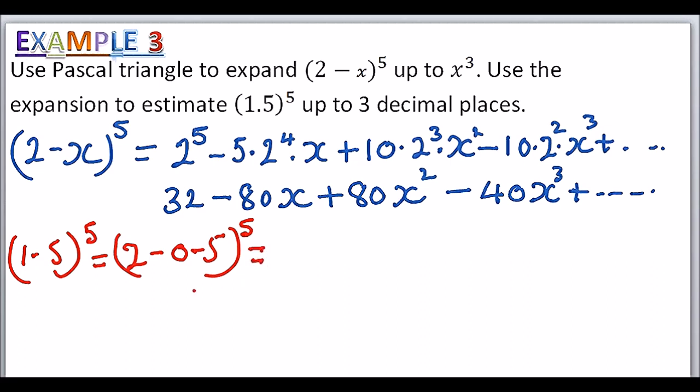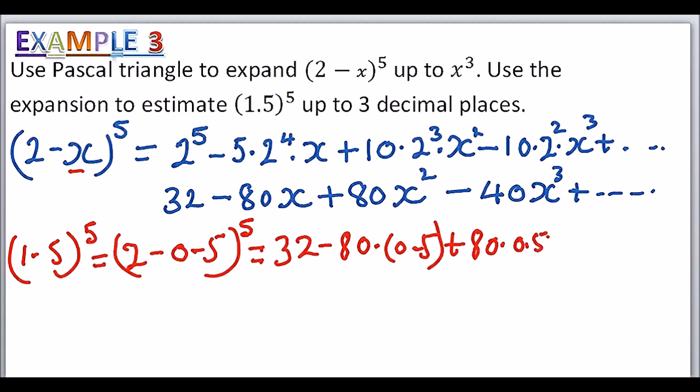So in this case, we substitute the place of x with 0.5 because it will take the place of x. So we say this is equal to 32 minus 80 multiplied by 0.5 in brackets, plus 80 multiplied by 0.5